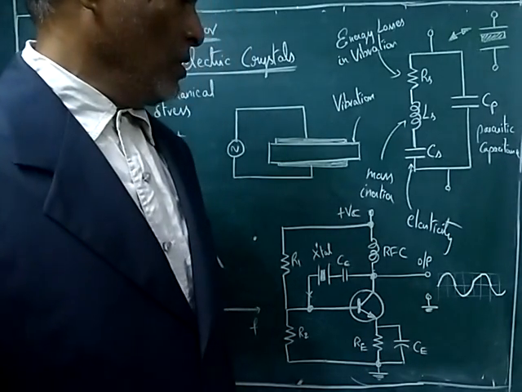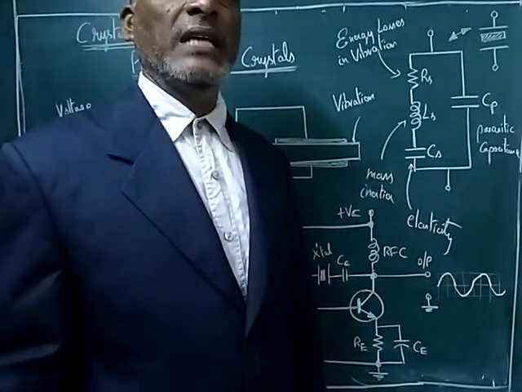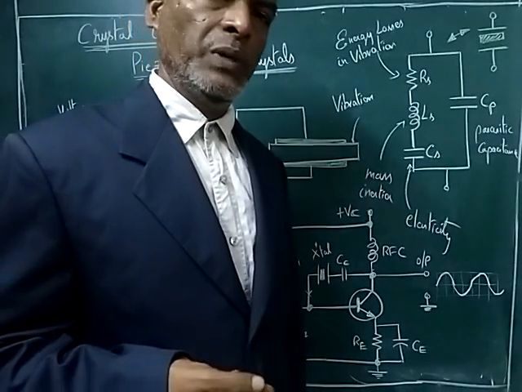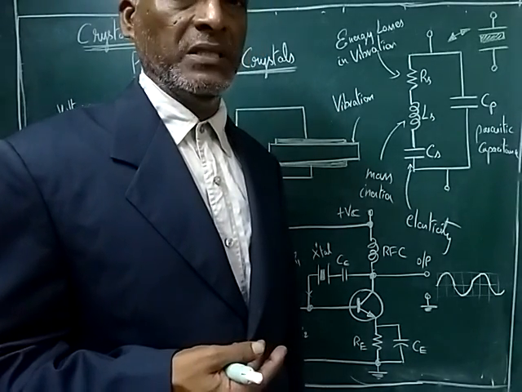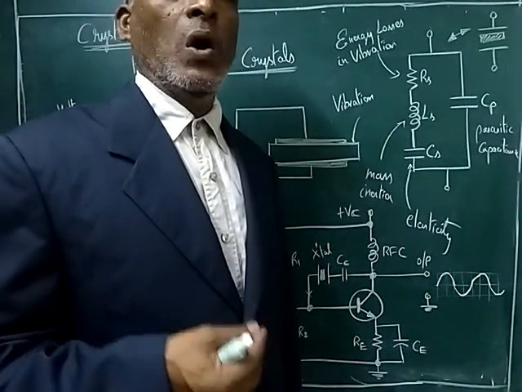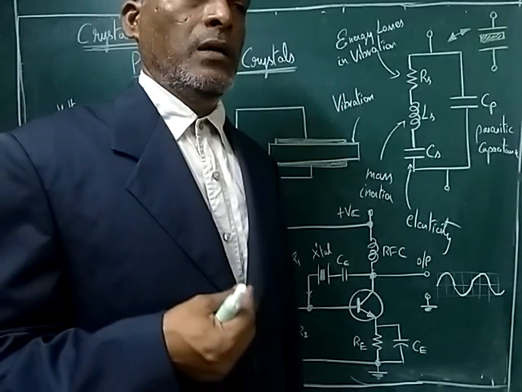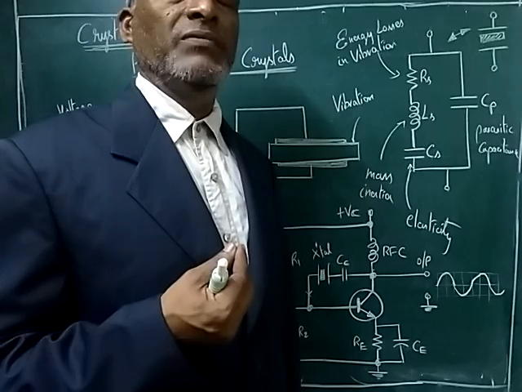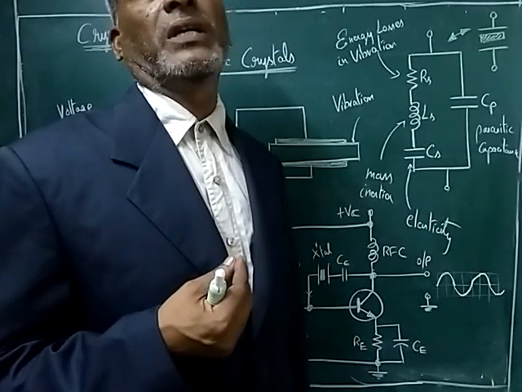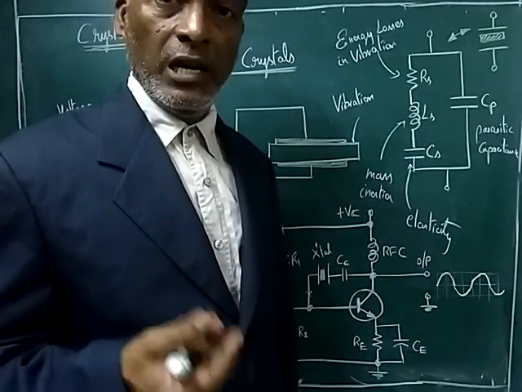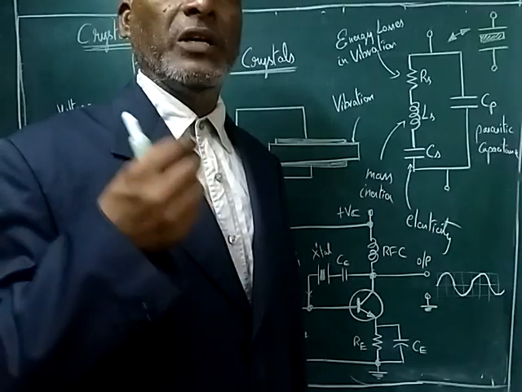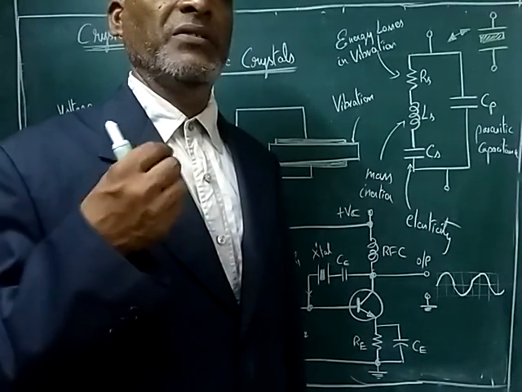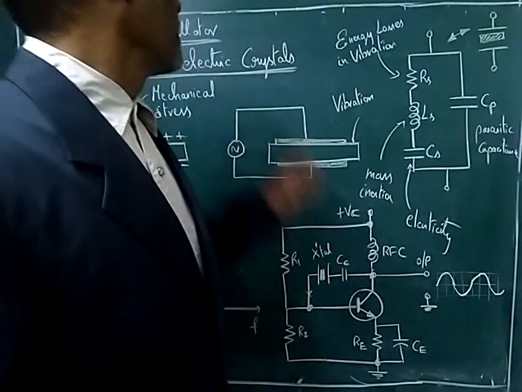If you see the output between the collector and ground, you will see a sinusoidal oscillating frequency. So why do we go for a crystal? It is highly stable because the quality factor is very, very high compared to passive components. That's the main advantage. All computer designs run with clock pulses. If the clock pulses jitter around the frequency, then the design will be highly complicated. So the frequency has to be stable. That's the greatest advantage of using crystals.